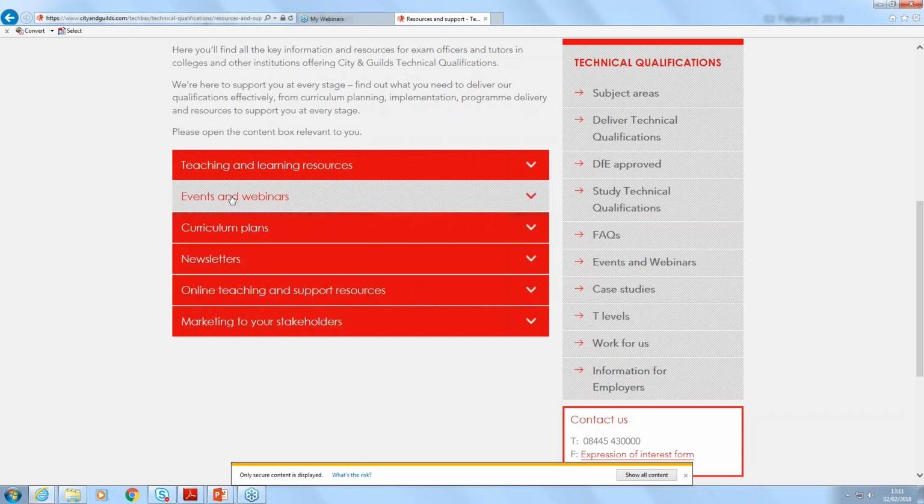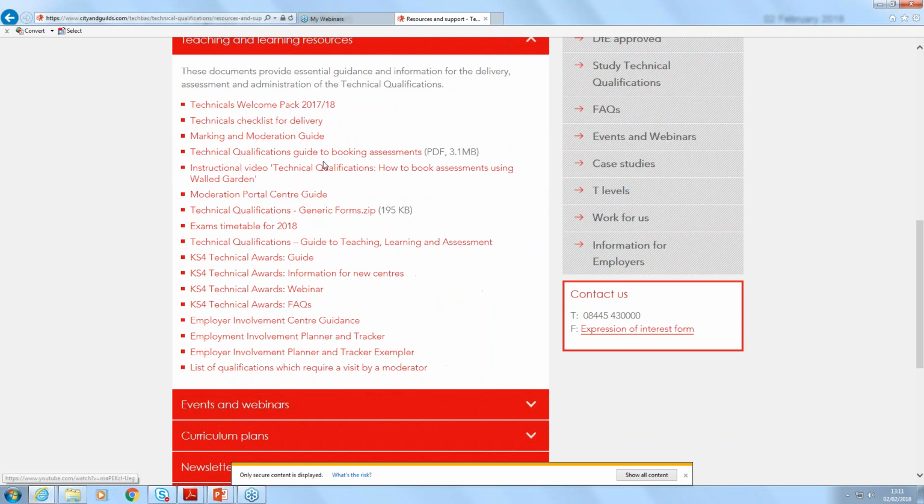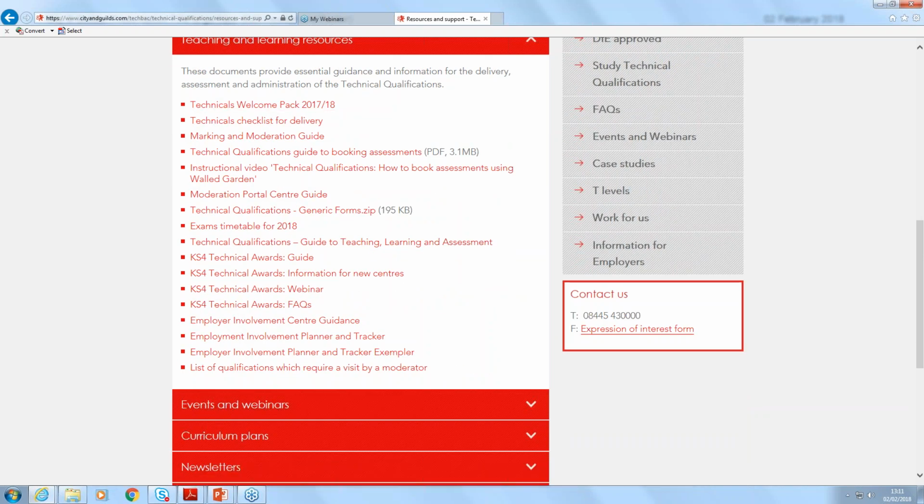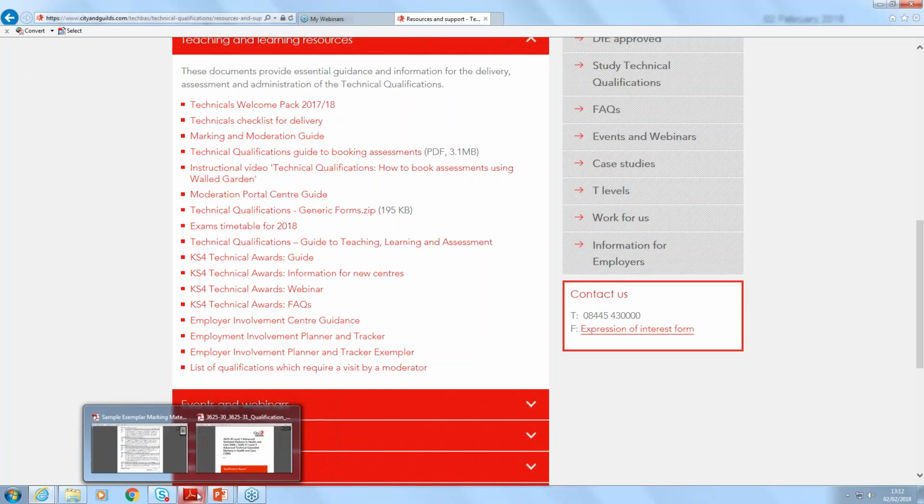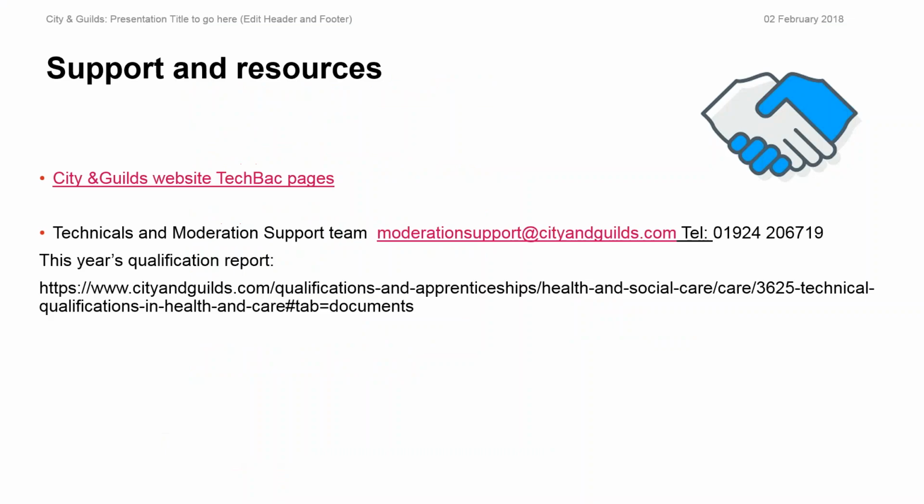There's generic webinar information, things we've recorded, but there's also all the guidance documents and support materials here, including what I spoke of, the marking and moderation guide. If you have seen that already, then I hope you're familiarising yourself with it. But if not, it's really key to the marking of the synoptic assessment. It does have some good standardisation information in there, albeit generic, not subject specific. So that's one thing that the resources and support section of the website is really useful for.